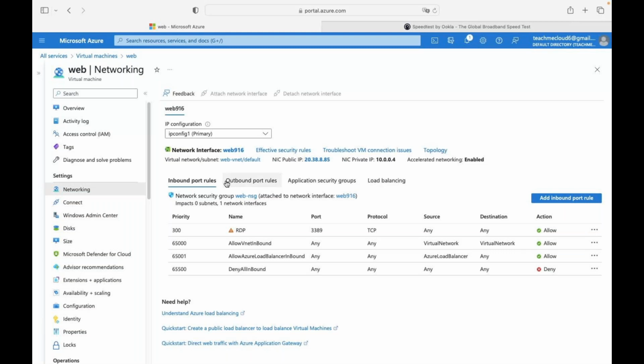Let's start with inbound. In inbound, we are able to find the options priority, name, port, protocol, source, destination, and action. The first option has priority 300, the name of the protocol is RDP, port number for RDP is 3389, type of protocol is TCP, source any, destination any, and action allow. It means that your RDP port for the virtual machine is allowed, and source any and destination any means